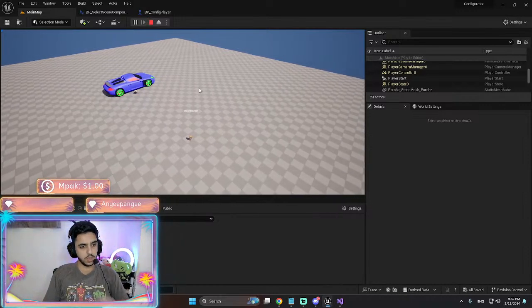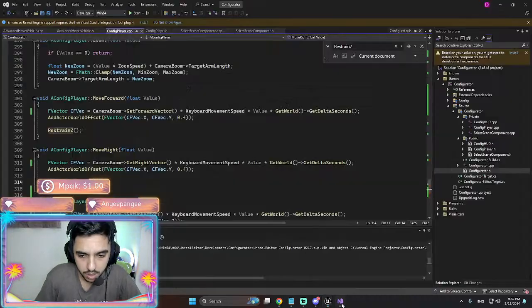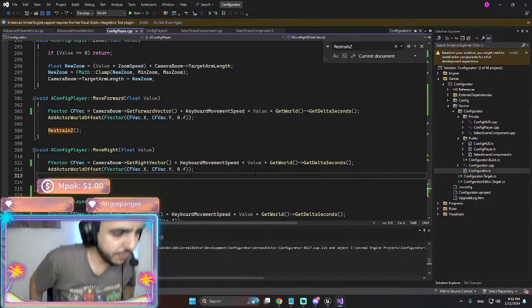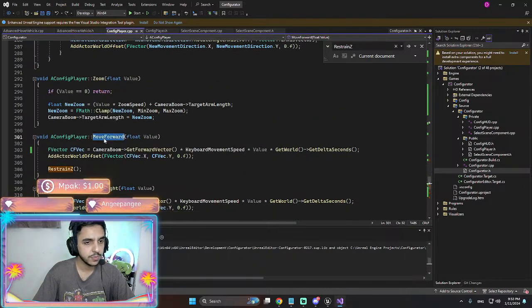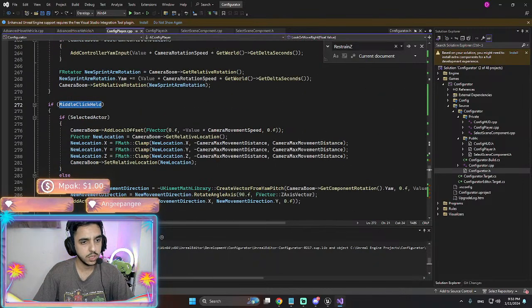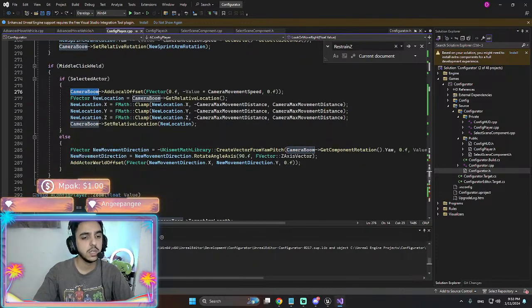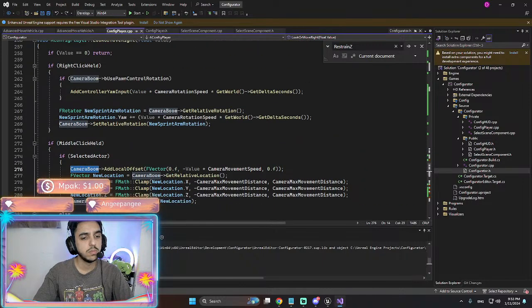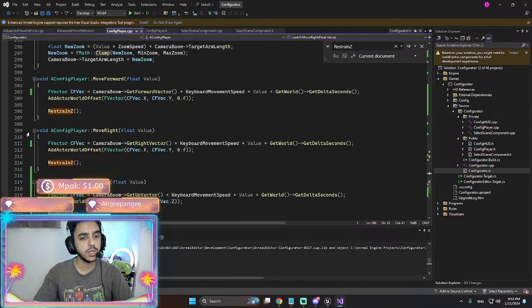What's going on? Why am I facing this problem? Oh, shit. Middle click held. Move right.